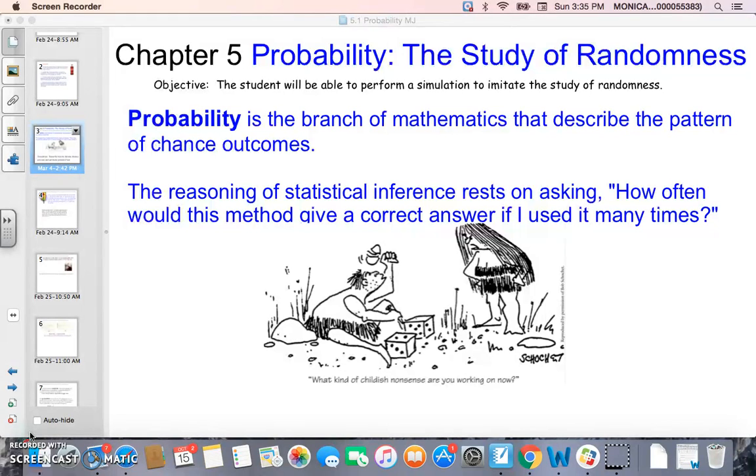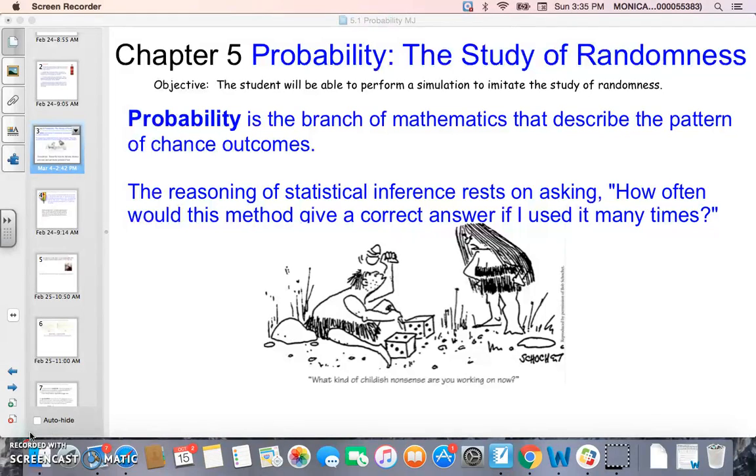We're going to develop the basic rules of probability, and we're going to introduce some helpful tools for displaying possible outcomes from a chance process. So we're going to look at two-way tables, Venn diagrams, and tree diagrams. And as you all know, probability calculations are the basis for inference. And so